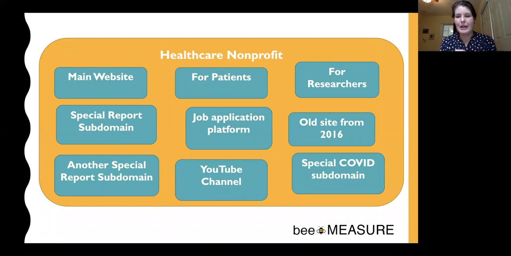That will do it. That means that all of the data from before you made the transfer will live forever in the special COVID subdomain property. You won't be able to move this historical data to the main website. So it's definitely something to not do on a whim, because if you're doing a lot of reporting, it's going to be annoying if you want to compare October to September. Now your data is split in two different places.